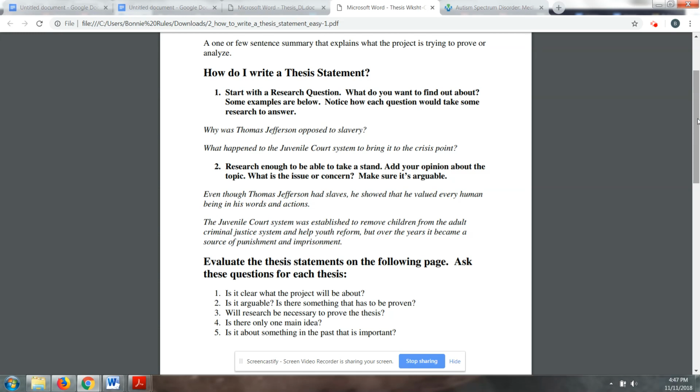Now, this is different from points because I expect all of your papers will need to have more than one argument point, but this means that there's a clear purpose. So this is all on one topic rather than multiple topics. And this last one, is it something in the past that is important? That typically influences the introduction more than anything else. This is saying that even though this happened in the past, it remains to be important. So you may need to spend more time in your introduction explaining some ideas or explaining why this is still an issue.